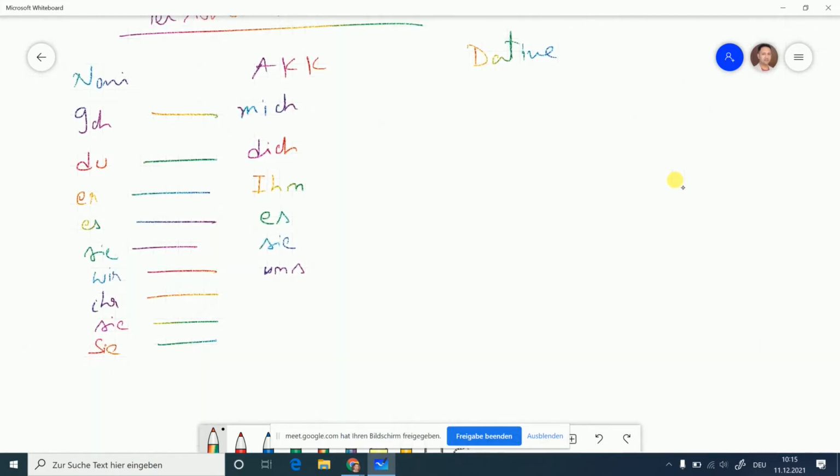So instead of wir we will be using uns. In that example we are using wir also, that is a different thing, but in general if you use wir in accusative case you will be using uns, and then ihr will convert to euch. Sie will remain sie. Here they also convert to capital, both of them. Well, do not get confused with this stuff. This is something you will be learning in advanced German.